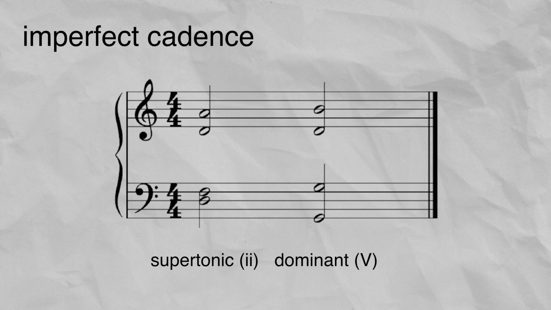The imperfect cadence is the opposite of a perfect cadence. It's any particular chord followed by a dominant chord. This creates a very strong feeling that the music hasn't finished and we need to complete the phrase. It sounds really weak for an ending, and it sounds like the phrase needs to be continued before it's finished.